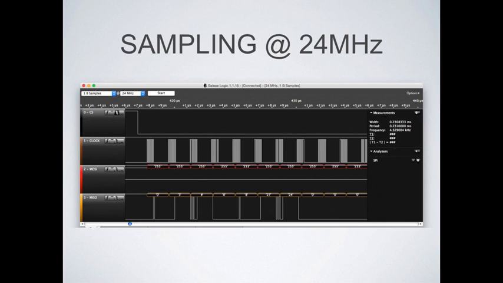When we take a close look at this, my clock isn't necessarily uniform. There are some gaps in the third one. There's a gap in between, so the clock stays high for a tiny period of time, and then it goes back down low. When I see something like this, it calls out to me that I'm not getting all the data that I need. Plus, my data coming off of the MOSI is stretching out beyond